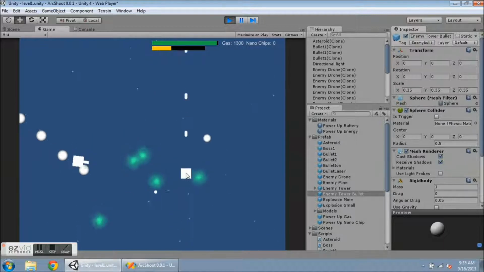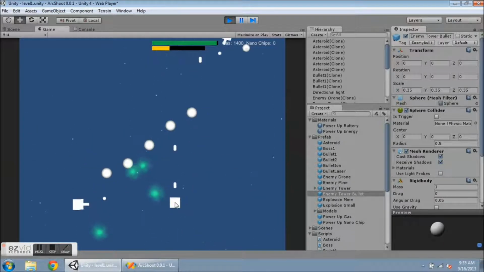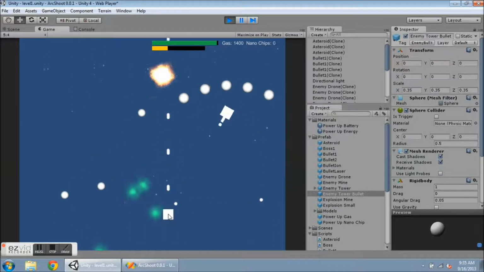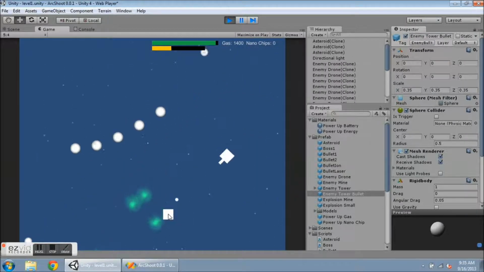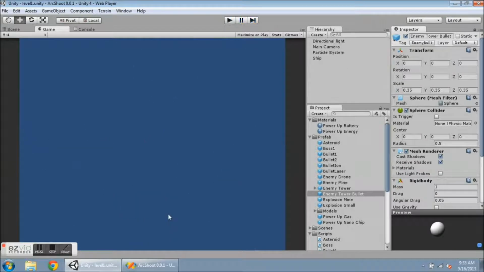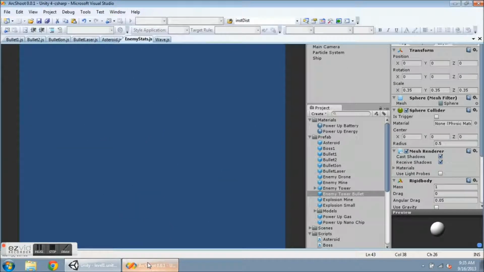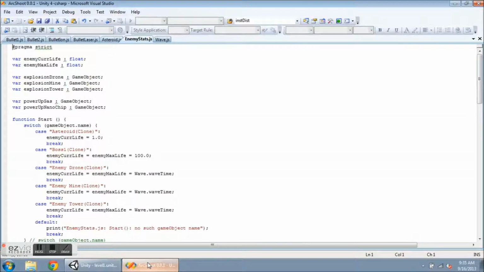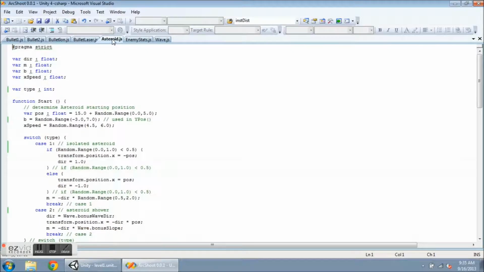Okay, so let's go into the code and see how I've implemented the isolated versus the shower asteroids. So go out of play there, head over to my script, head to the top here. Oh, I'm in enemy stats. Asteroid. Okay, so in the last video I basically had the asteroid just moving in the horizontal direction, only changing